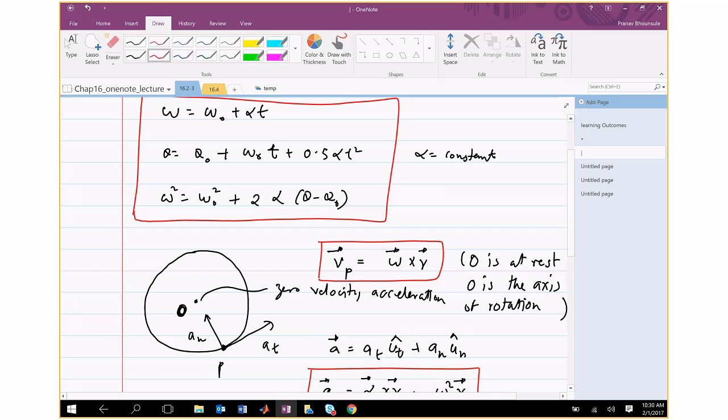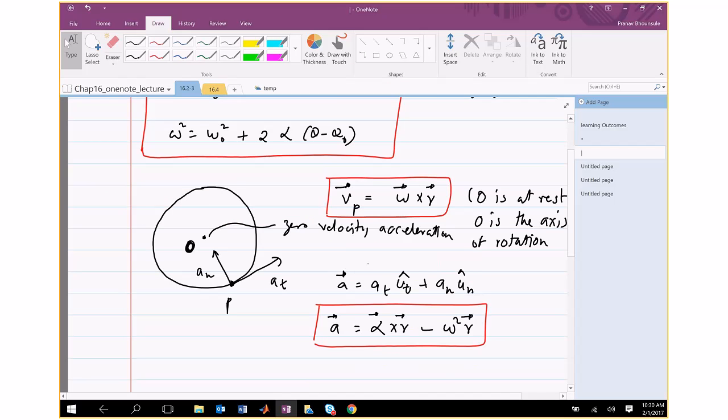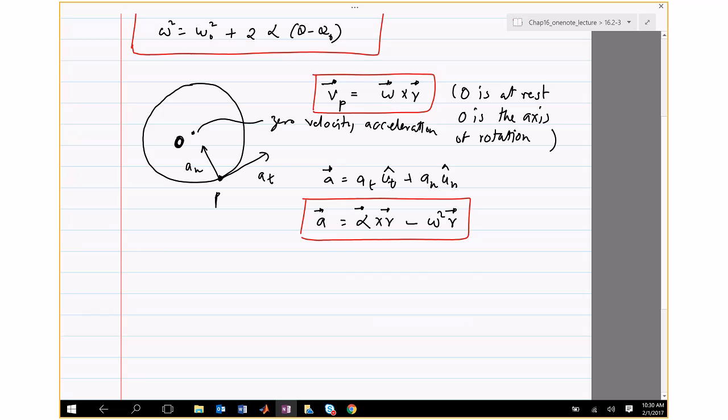Okay, so the last thing I want to talk about is how do you analyze motion when it is constrained. The typical examples are meshing gears. I'm not going to draw gears because it's very hard to draw gears, but assume that there are gears and things are meshing. And things are actually rolling, so there's no slipping. Okay, when that happens,